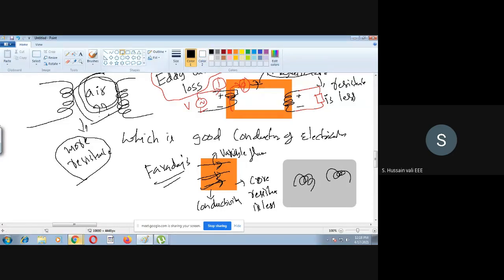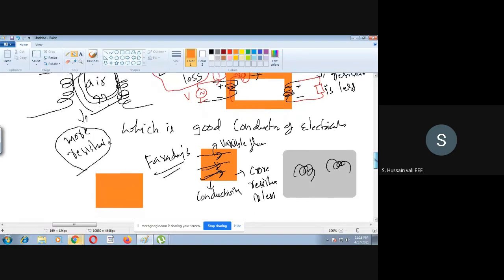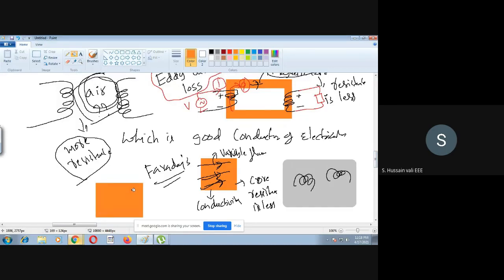Of course, it's a bad conductor. Now what will happen now? See here now. I will draw the structure here once again. I will bring this conductor once again. This orange color is the magnetic core. Always remember, what I said just now is that even in the magnetic core, EMF is induced. So EMF is induced.